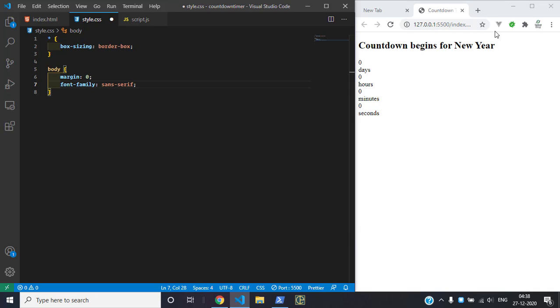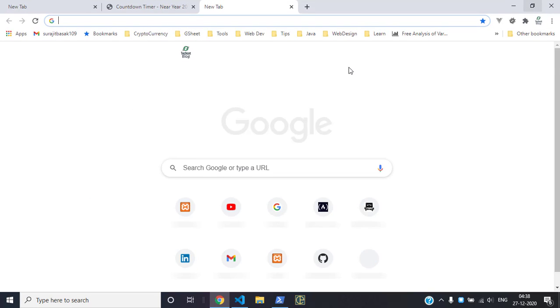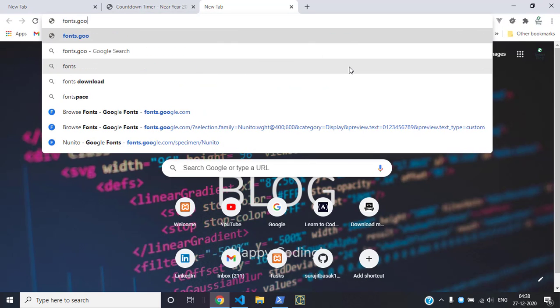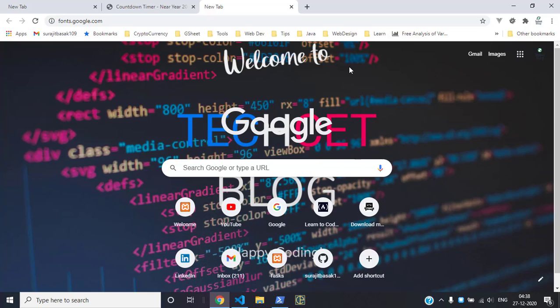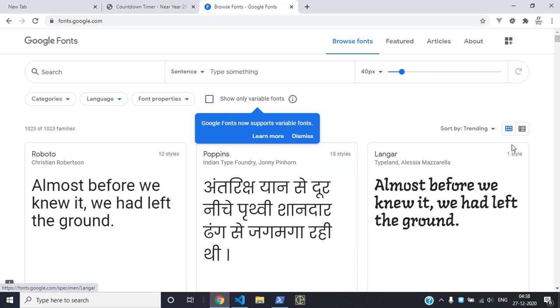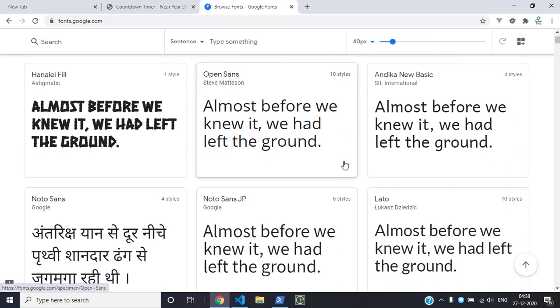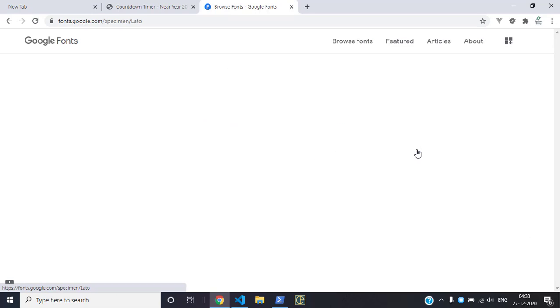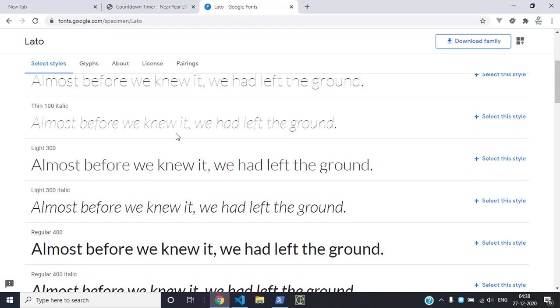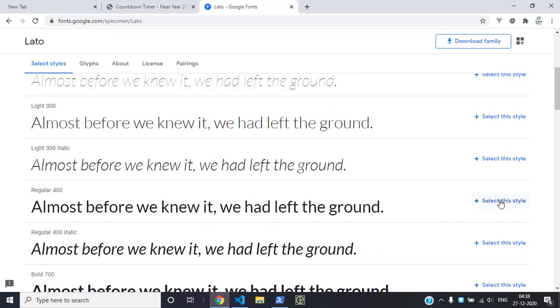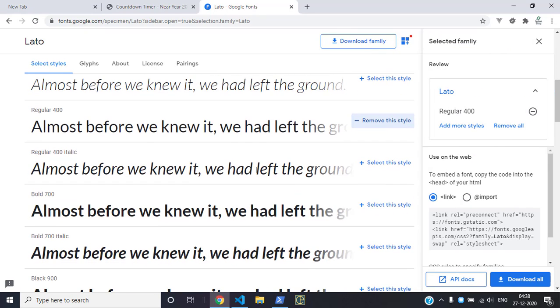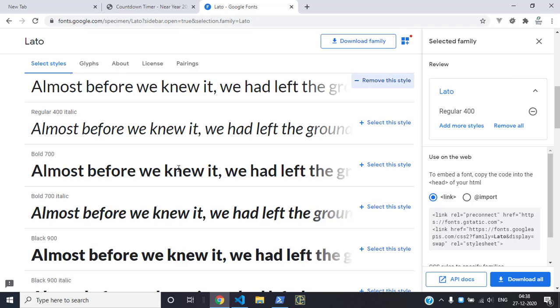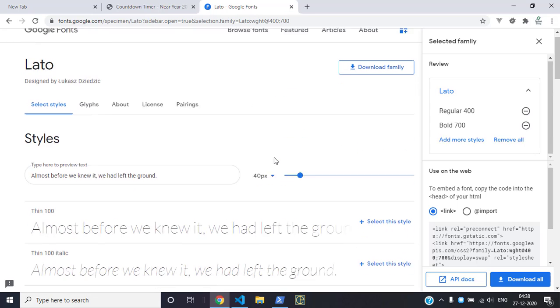we can go to Google Fonts, so fonts.google.com, and we can use Lato. So for Lato, we can use regular 400, and we can have 700. Okay,